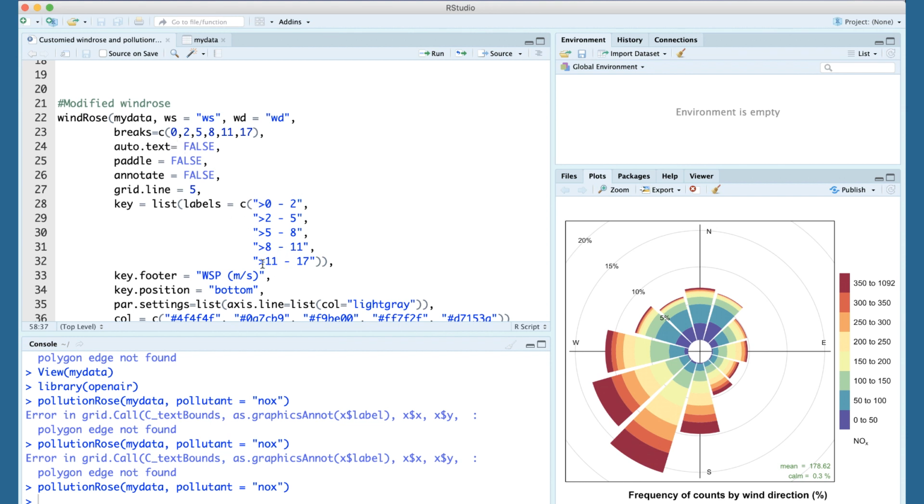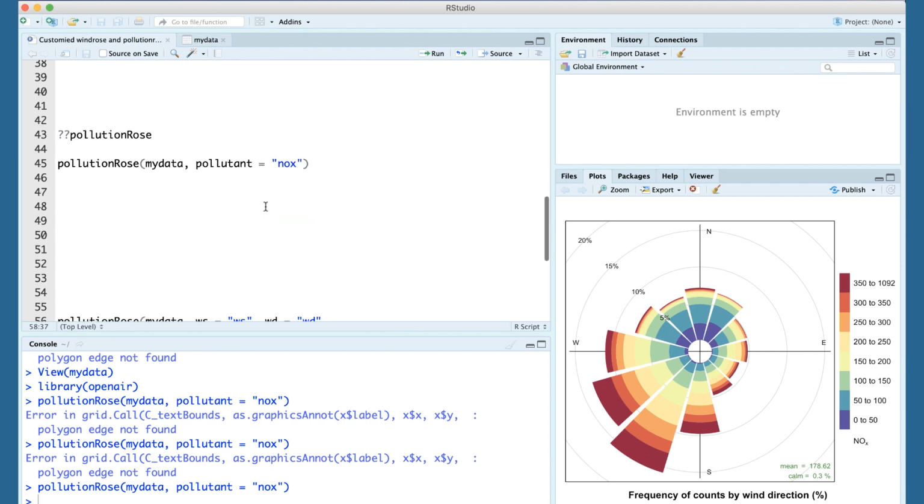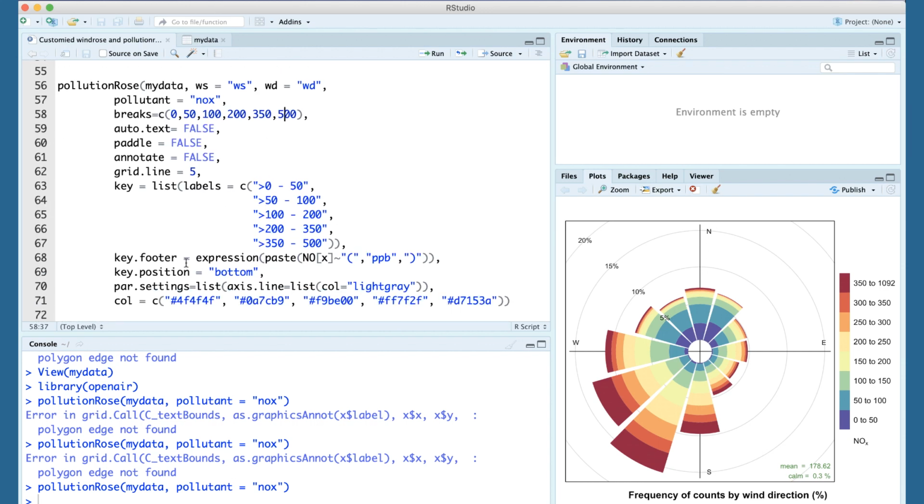You can define the different labels by name or any number. And then for the key footer, I gave the name NOx. Of course it is the expression command. You can see expression and paste, NOx, and the unit is ppb. The key position is on the bottom,